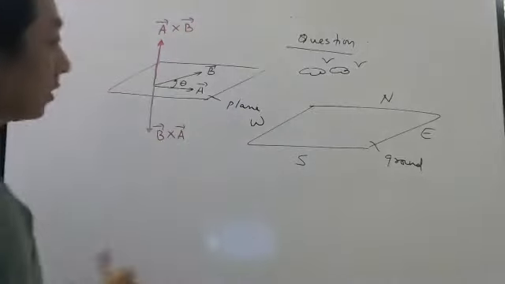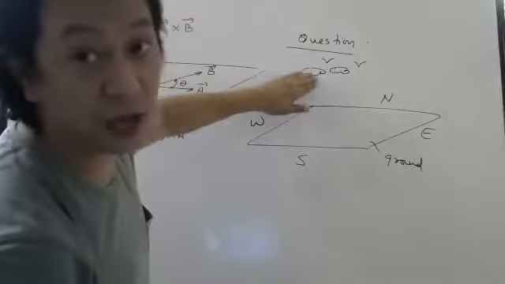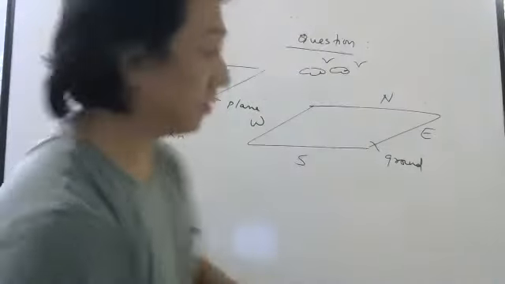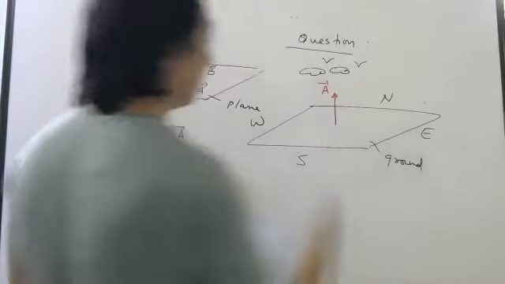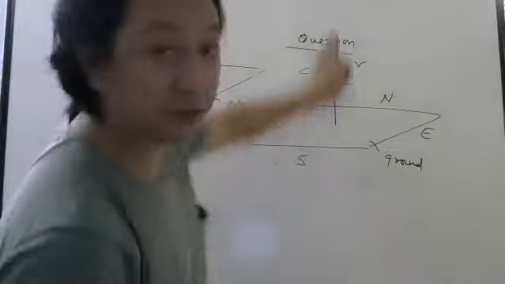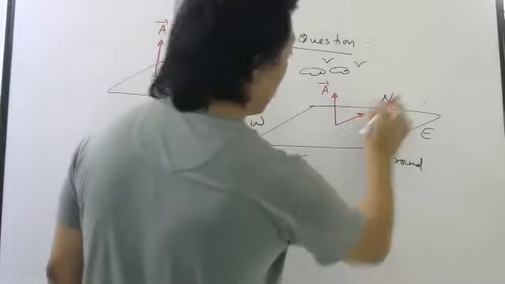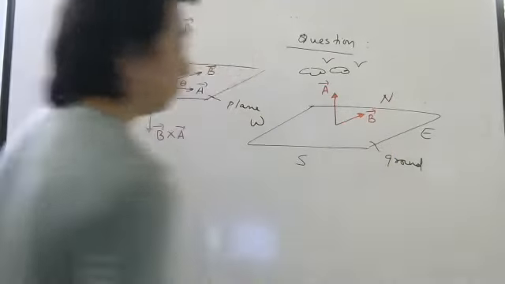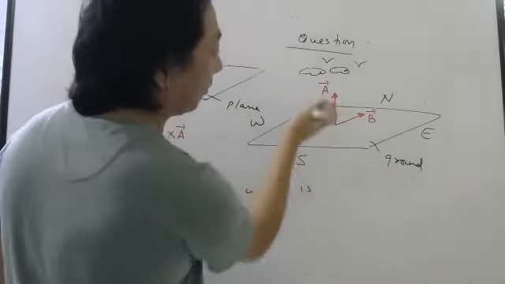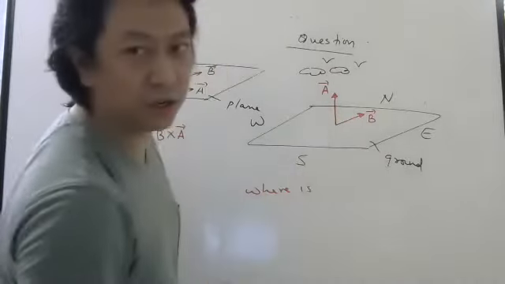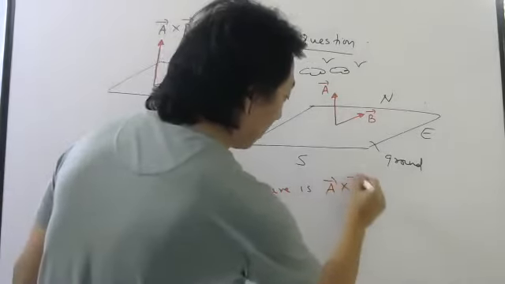So here is east, here is west, here is north, here is south. These are clouds. I made clouds so that you know this is up, this is down. Now imagine one vector is here, towards the clouds. The other vector is here, towards north. My question is, not this vector, this vector I've told you already. I'm interested in where is A bar cross B bar.